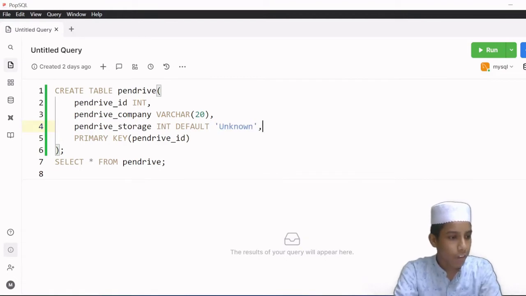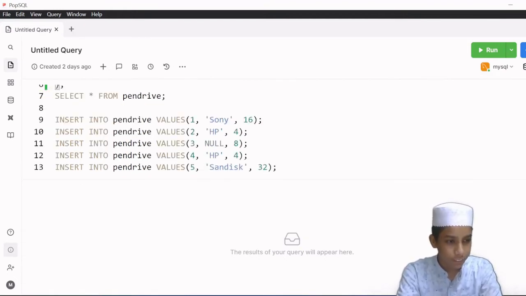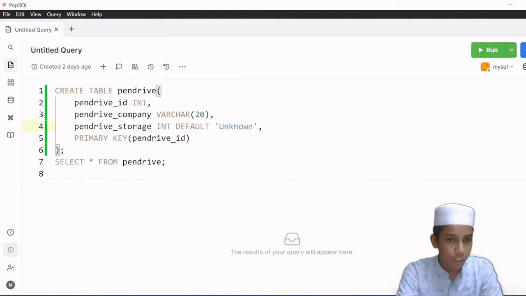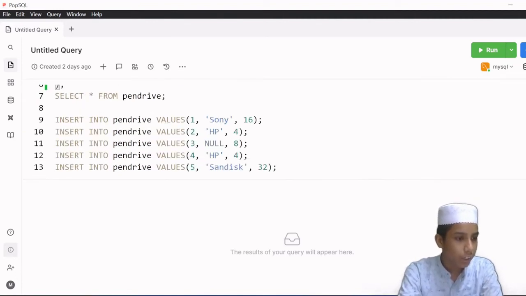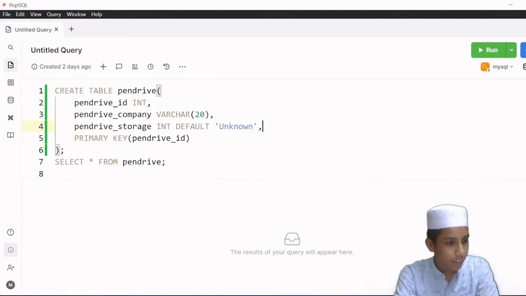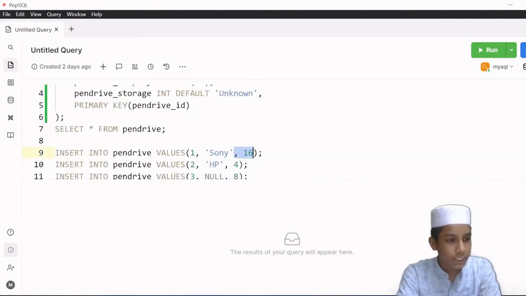Okay, so now I have given that for pen drive storage. Okay, insert into the pen drive values, everything we have, and unknown, which means that what I am going to do here is that I will be removing this 16, and when I am inserting the data I will be removing the 16, and